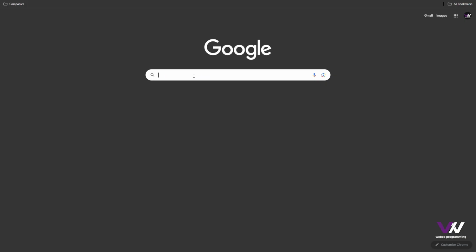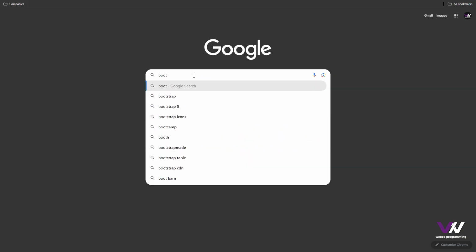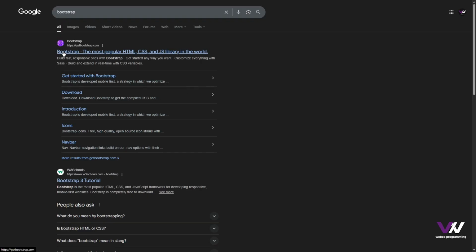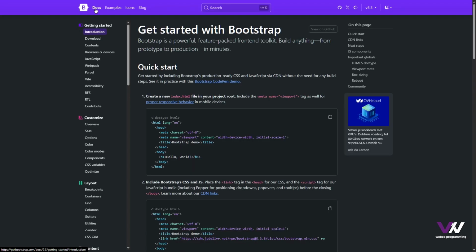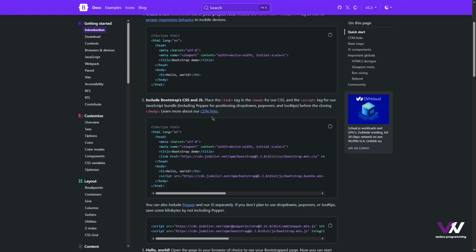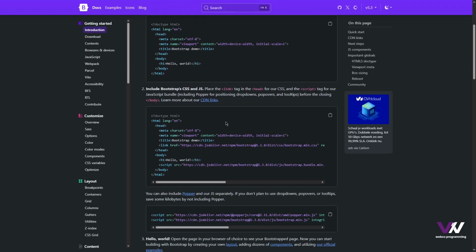And for that, here in Google you can search simply this Bootstrap. And you can see this site comes up, and if you click on this, it moves you to Bootstrap's website. And here at the top, you can see we got this docs. And if we click on this, you can see we got our simple documentation of our Bootstrap. And here at quick start, it's going to give us this tutorial on how we can include Bootstrap in our